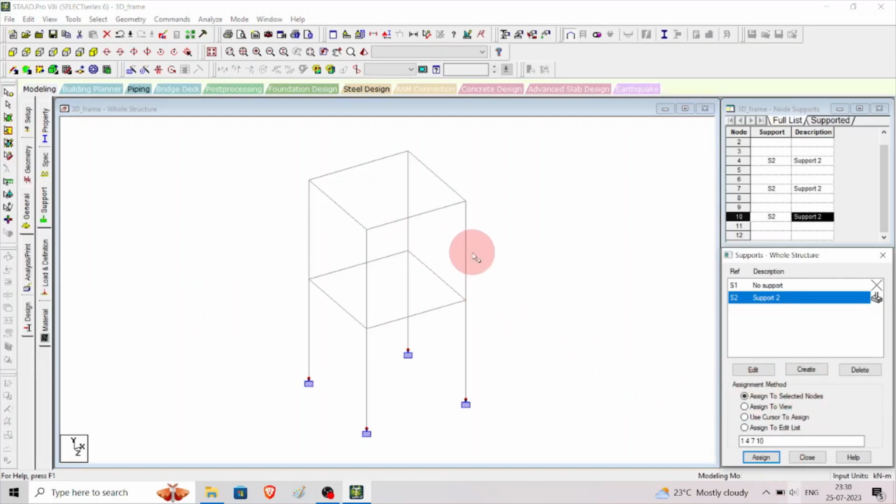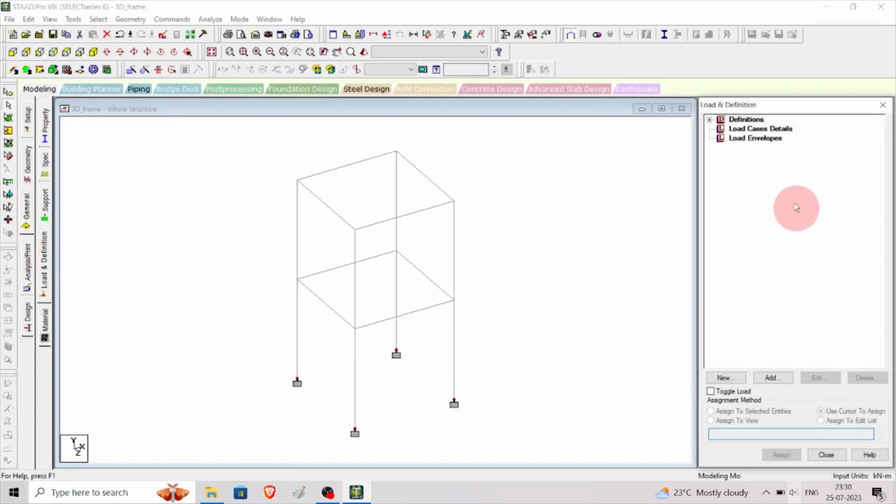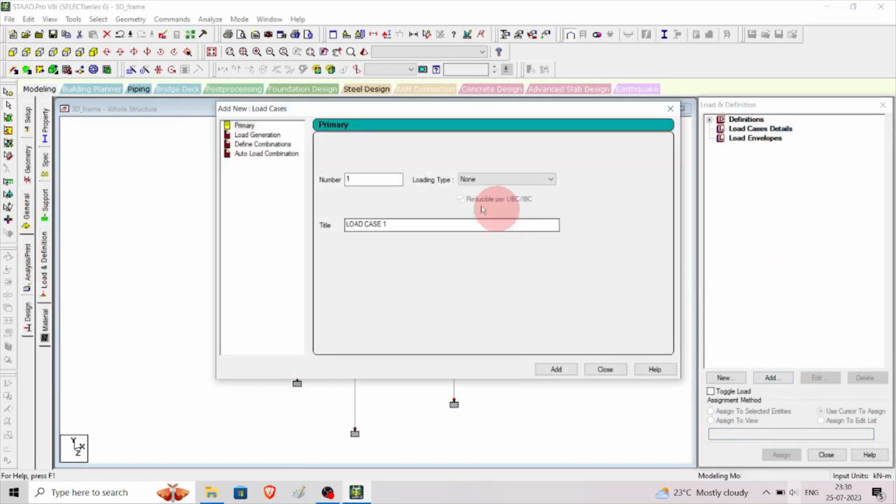With this we can see that support properties have been given to this 3D portal frame. Now we need to assign loads to these frames. For that we need to go to General, Loads and Definition, go to Load Cases and Details, click Add,